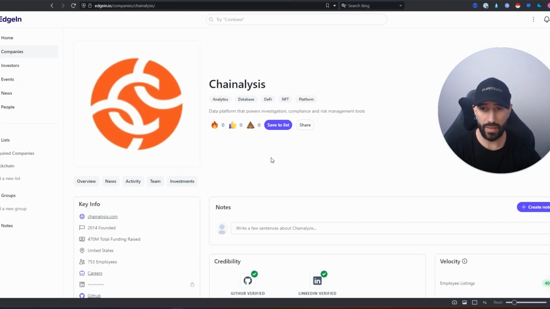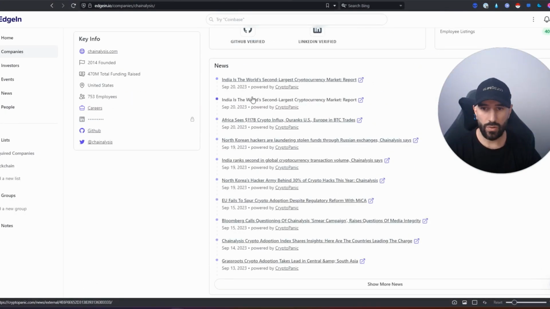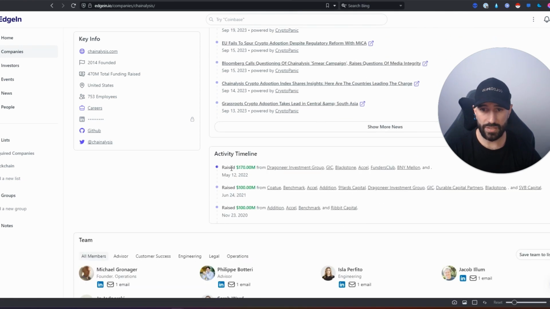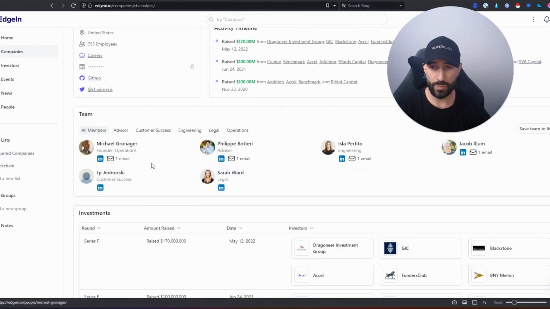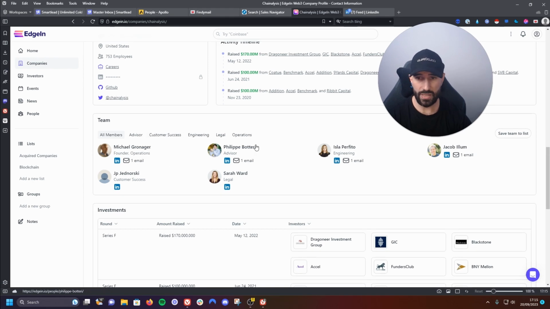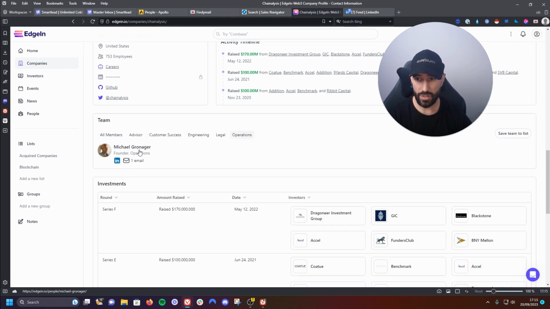Let's go for Chainalysis, for example. And look, you can see all the news related to that company, the activity timeline. Like in May, they raised 170 million, 100 mil here, 100 mil here. So they definitely can afford your services, right? And you can see here all the people that are responsible for running the company, from the engineers to the operations guys. So for example, Michael Goniger is one of the operations guys, and you can just simply save this team to a list,